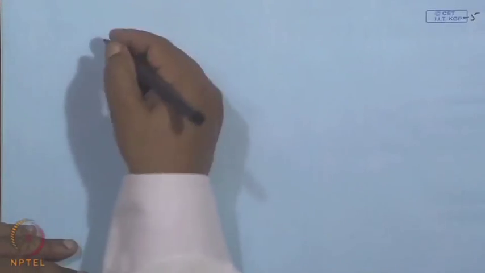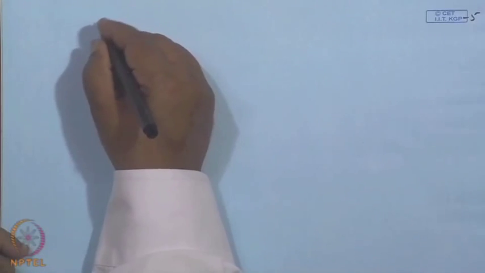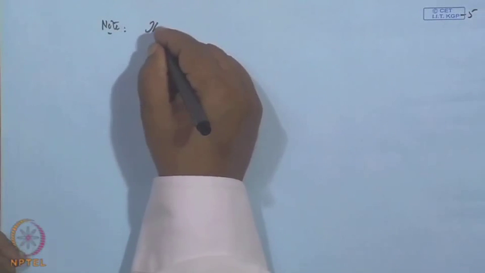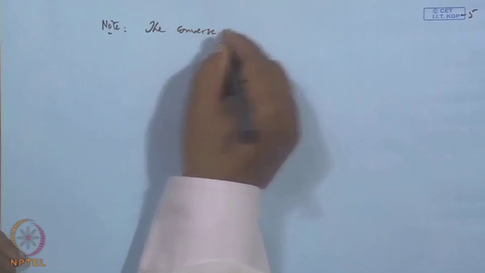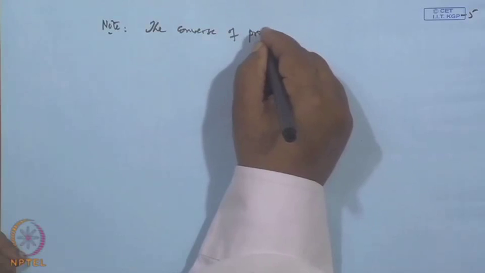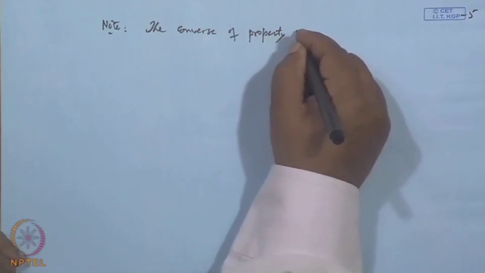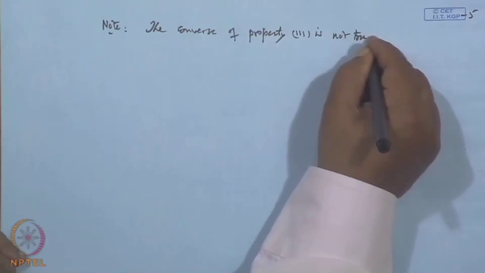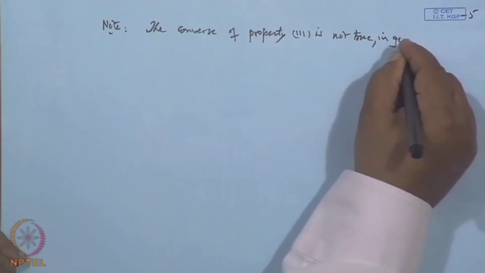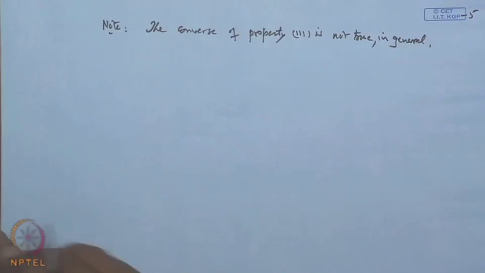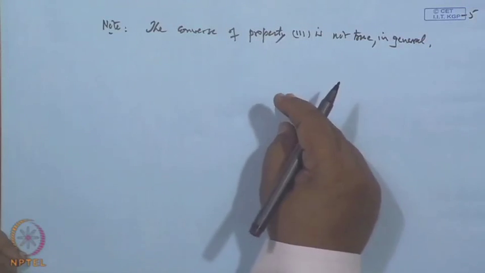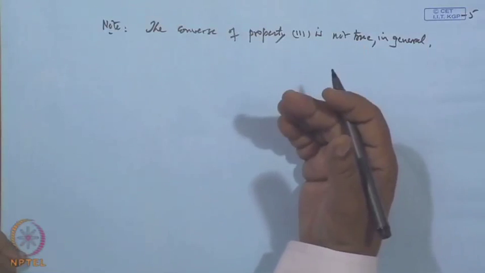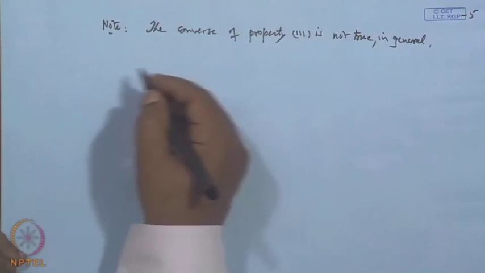However, here is a remark: the converse of property 3 is not true in general. It means there is a function where mod f may be a Riemann integrable function, but f need not be a Riemann integrable function. For example, suppose